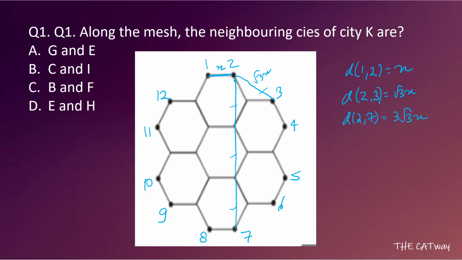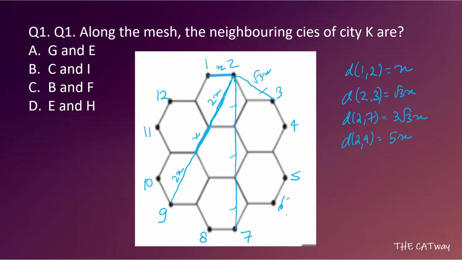Okay. Now let's move ahead and talk about the distance between 2 and 9. What is the distance? Let's see. So for 2 and 9, this is the distance, this is another, and again this is the distance. This we know is x. Now what is this? In a hexagon, the longest diagonal has length 2x. So this will also be 2x. So the total distance between 2 and 9 would ultimately be 5x.